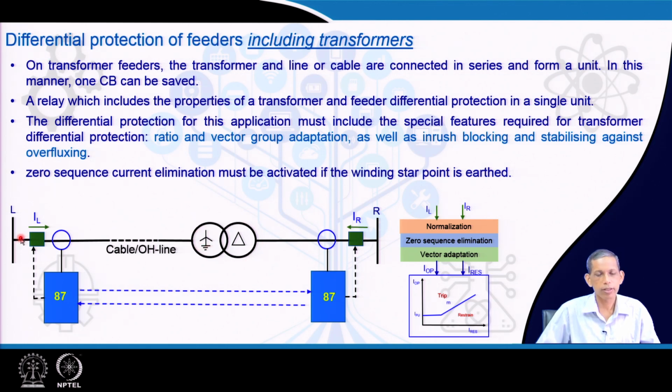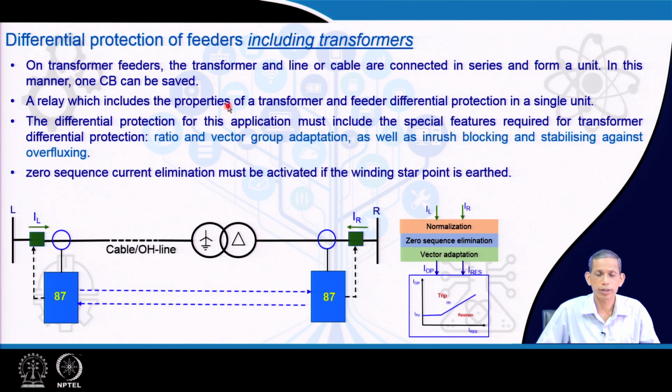Whenever we energize the transformer from any one end, there will be inrush current. Inrush will be a problem, and there will also be a transformation of current: suppose a fault happens, the corresponding current undergoes angle transformation, phase shifting, just like in a transformer. Therefore, even though we have a feeder here, line differential protection alone is not adequate because of the presence of the transformer.